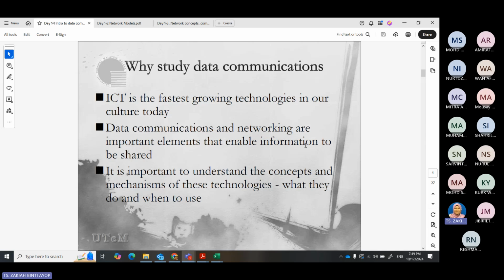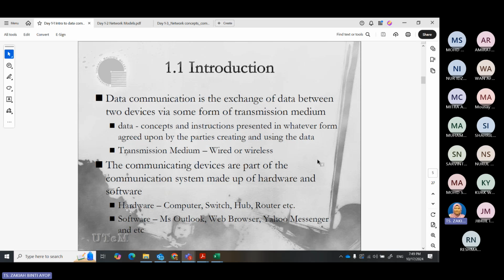Although we have the emergence of all the technologies available so far, they are actually based on the foundations of the previous technologies. So this is where you need to learn about this part.